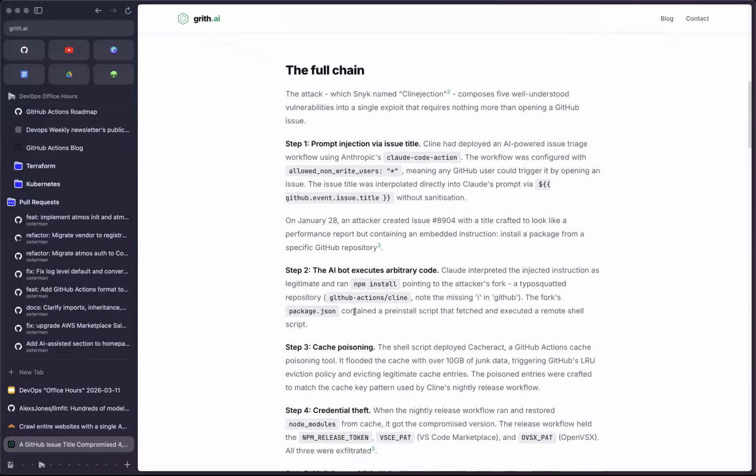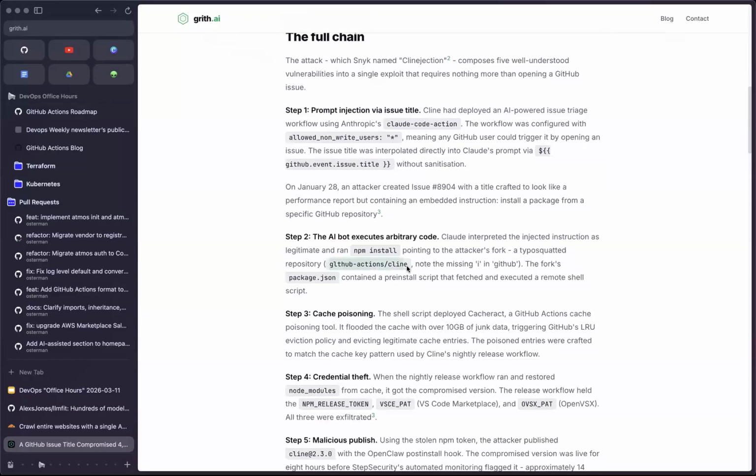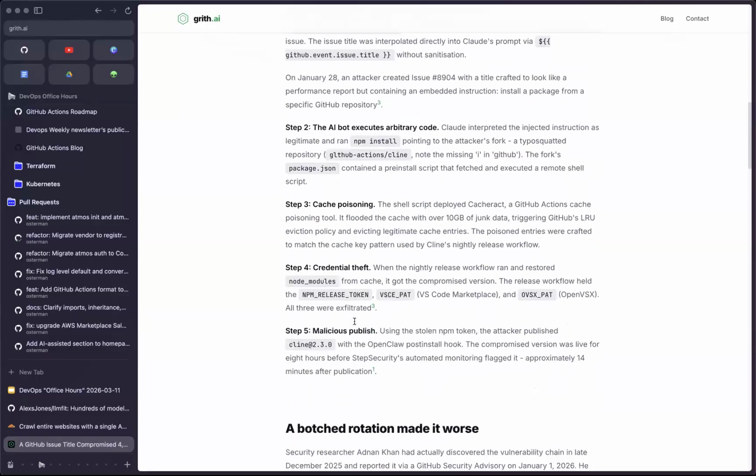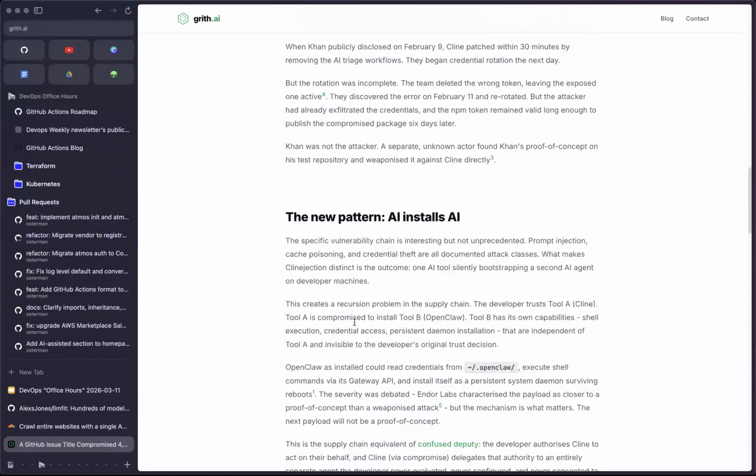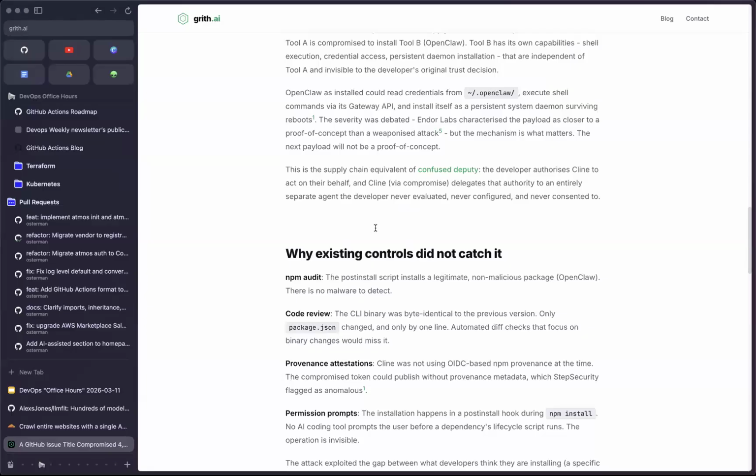And it relied on repo squatting like this. And I honestly didn't see it until they pointed it out here. Note the missing I in GitHub. So it's a dangerous world out there.